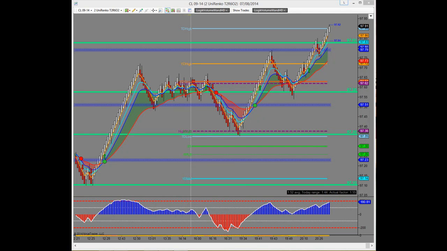Okay, in this video I want to explain how to find these hidden levels and how to update our spreadsheet for crude oil. I want to be clear that I already have the crude oil hidden levels spreadsheet, and right now I'm working on the S&P and Nasdaq spreadsheets, since it's a different calculation that we have